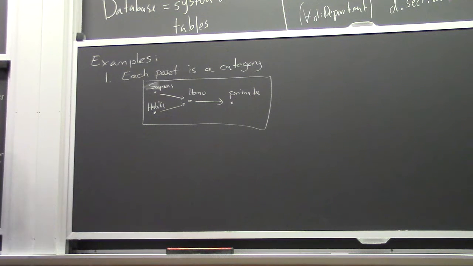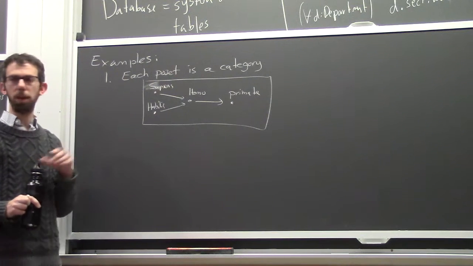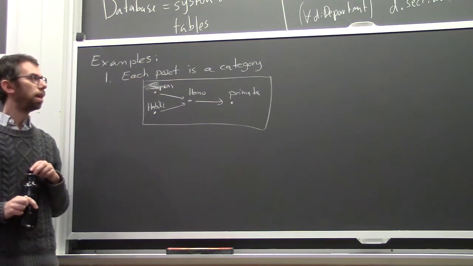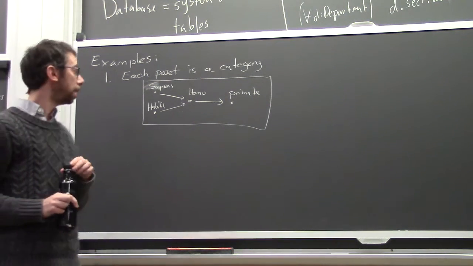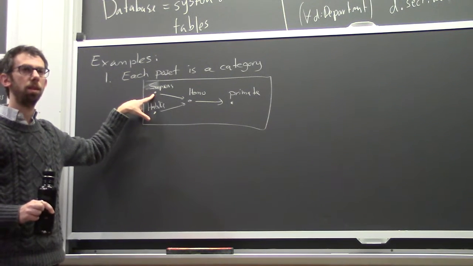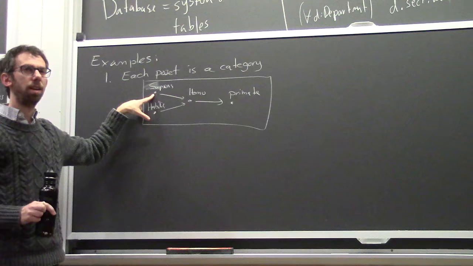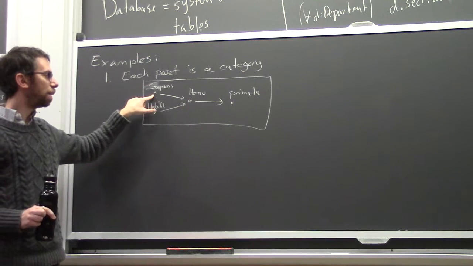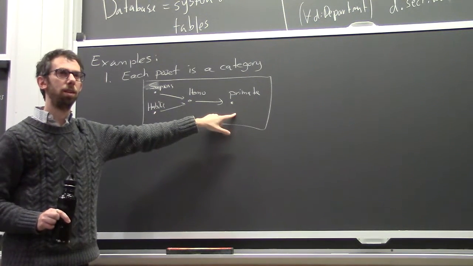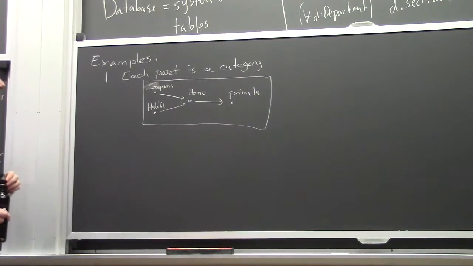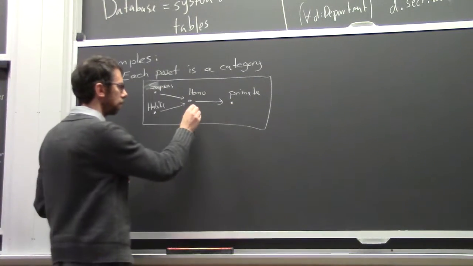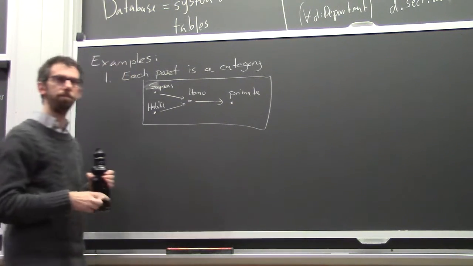Okay, the objects are the dots in this case. So this category has 4 objects. And the morphisms, does anyone have a guess what the morphisms are? Yeah, just the arrows between the dots. Okay. So if that was right, then you would need to tell me what the identity arrow from sapiens to sapiens is. I guess it's just sort of implicit. Okay, so it's not only the arrows, but also the implicit things for each dot. And you have to tell me how to compose this arrow with this arrow. It would be the paths. Right, so now we've got it. So the morphisms from here to here are the paths from here to here. Right, okay, great.